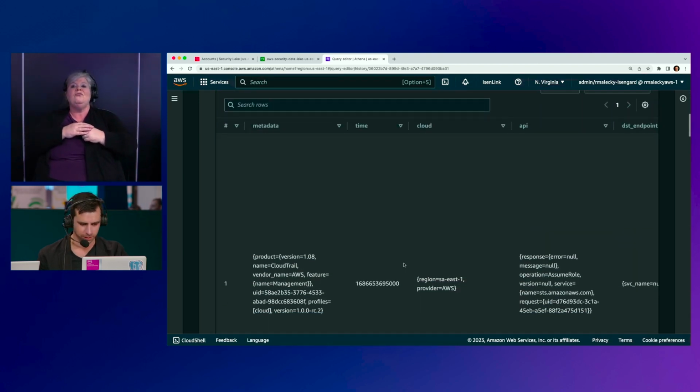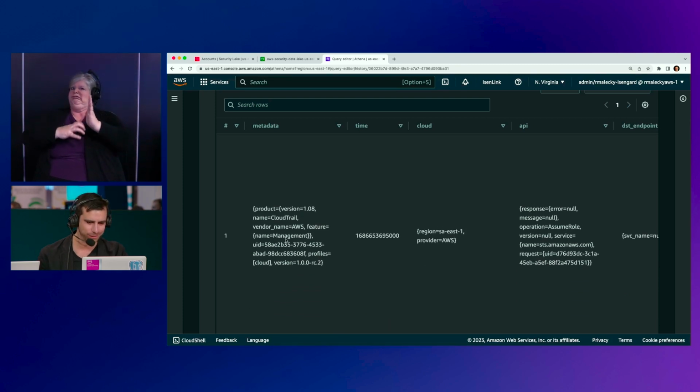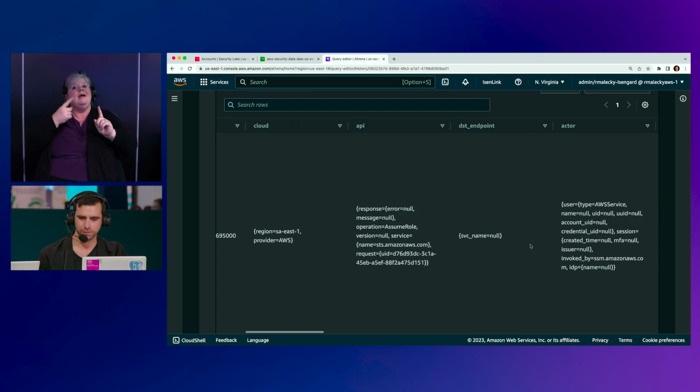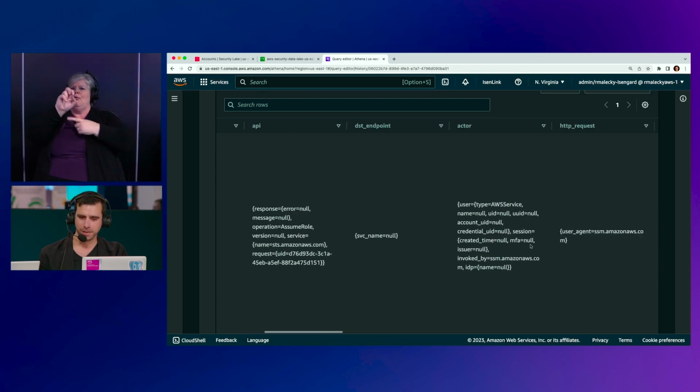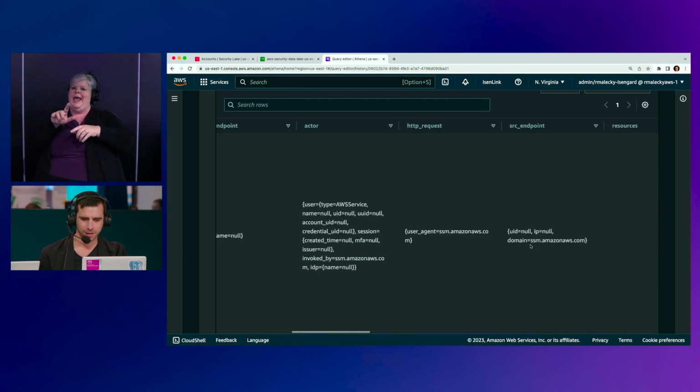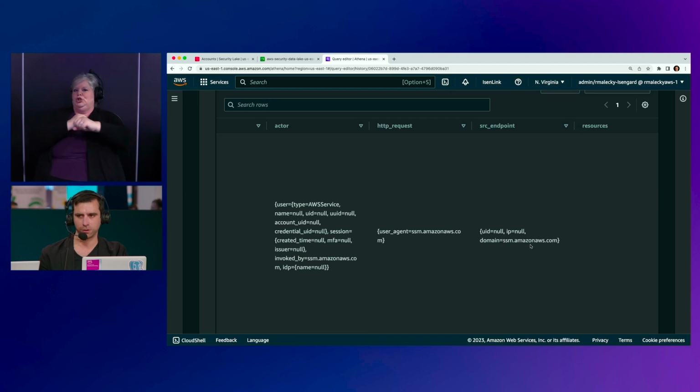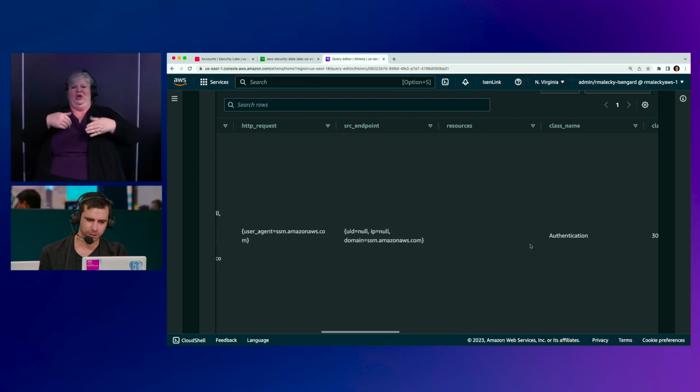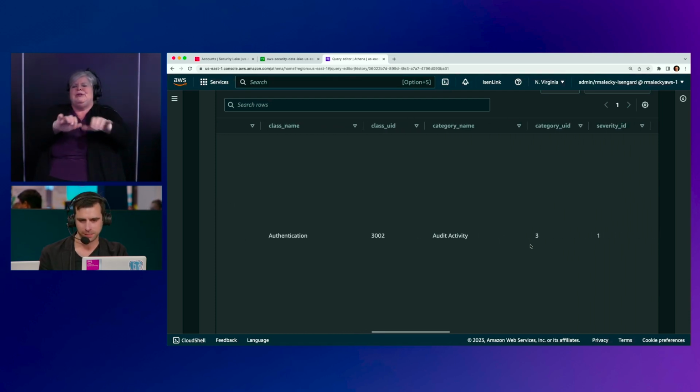And these are really long events, so it's not showing up super well. But you can see here's the kind of raw data that's being captured in Security Lake. Now, this is really useful for doing detailed investigations. This is really useful if you get into the machine learning game. But it's not super actionable as a human. I don't know what to do when I look at this particular record.